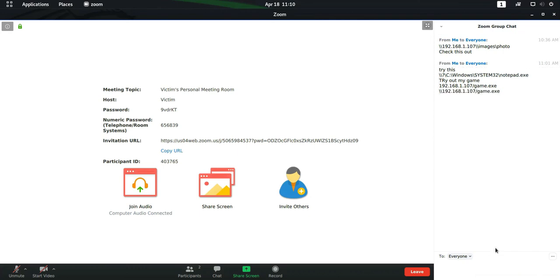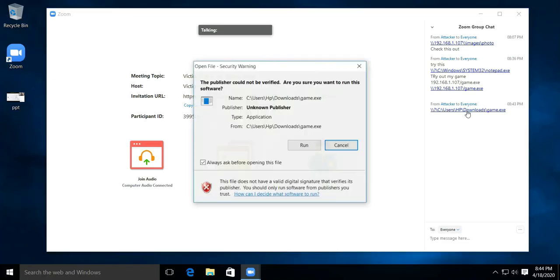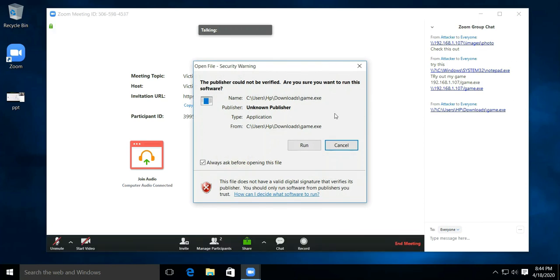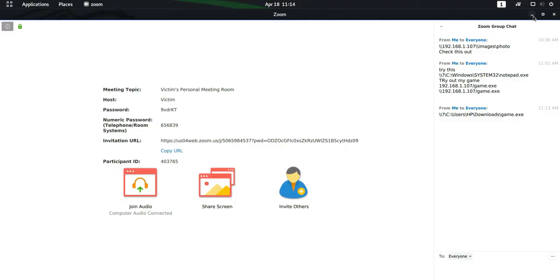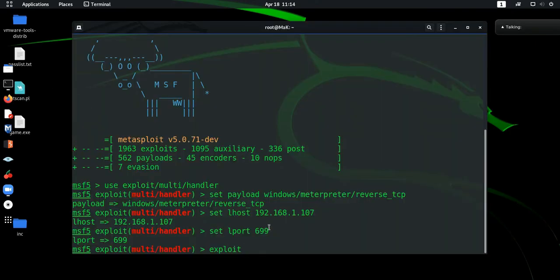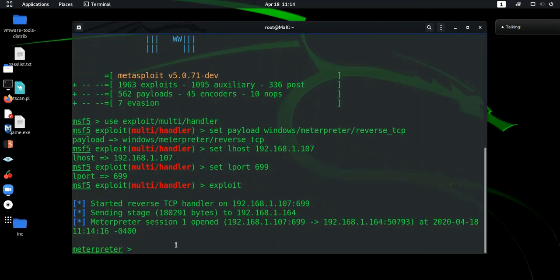So to make him open it, you can just use this particular thing called the UNC path and make him run it. The next thing you do is send him a path like this. The victim gets it, he clicks on it, and you somehow convince him to run it. And obviously before that you have to start a listener, or else it won't work. So I have my listener started, and as you can see I have already gained access.